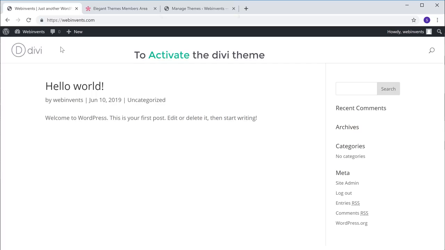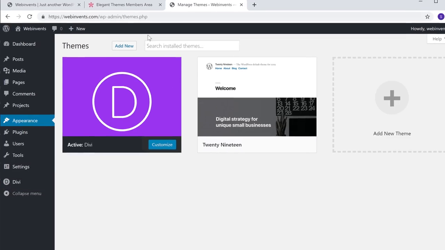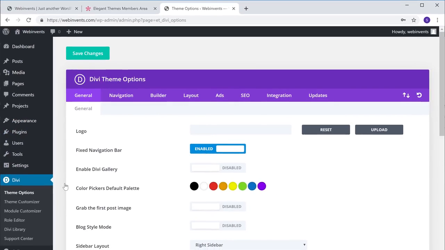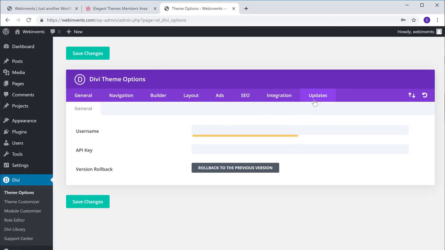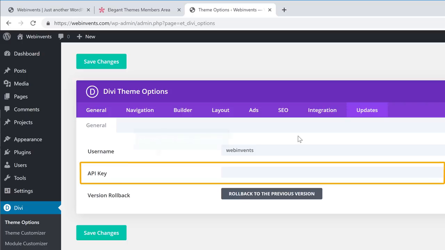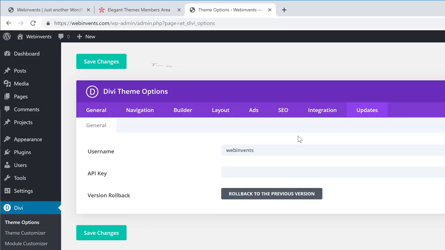So to activate the Divi theme, let's go to WordPress and then click Divi. Now let's go to Updates and then enter the username which you chose for Divi. Now to activate Divi, we need to get this key from the Divi website. So to get it, let's go to the Divi website